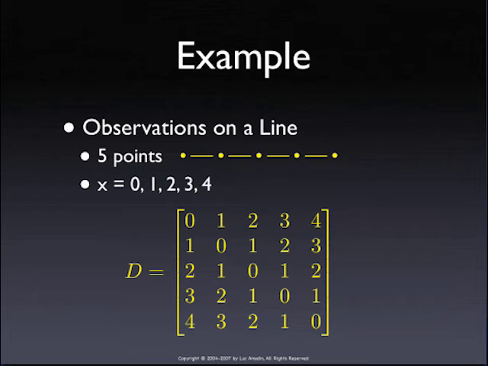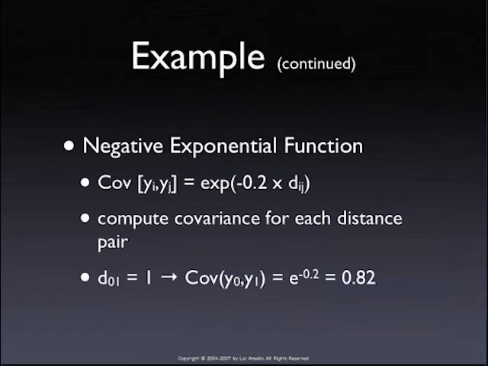So now let's take a function, say a negative exponential, and we will plug these distances into that function, and out of that comes a number. So we take the negative exponential, the covariance between any i, y at i and j is the exponential of, say, minus 0.2. Minus 0.2 is our parameter. We set it. Typically, you will try to estimate this from the data, but in this example, we plug in the dij. So for any pair, let's say between location 0 and location 1, the distance between these two is 1 unit, just to keep it simple. So therefore, the covariance between these two is e to the minus 0.2 times 1 for the distance,